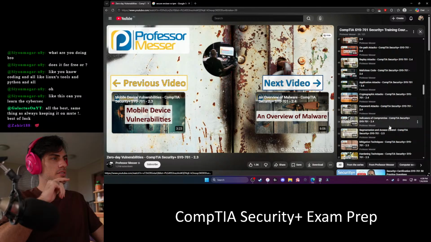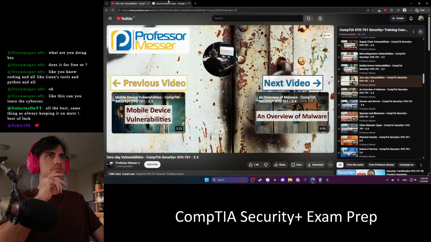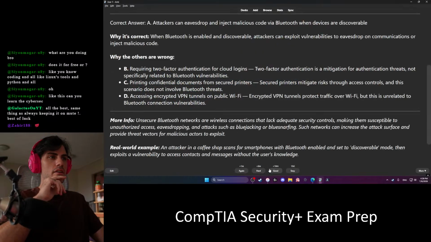Probably haven't gone through this yet, so I'm getting early information on it. Attackers can eavesdrop and inject malicious code. Probably A. Blue snarfing.